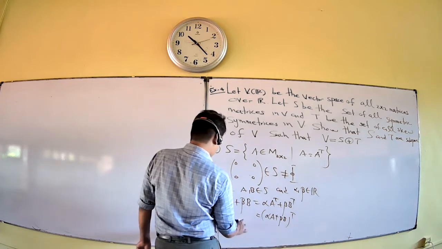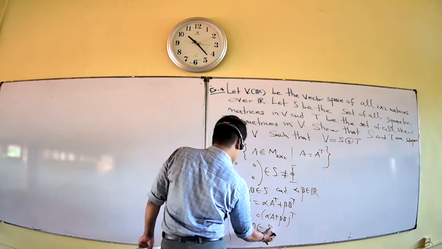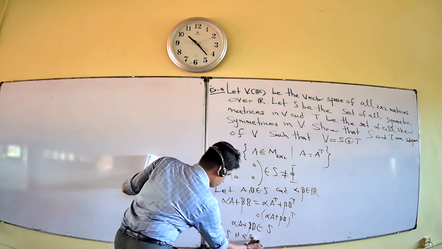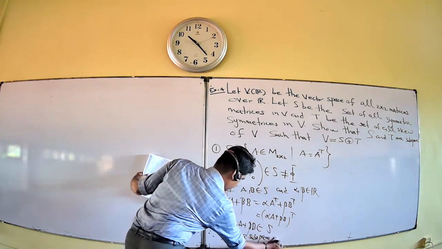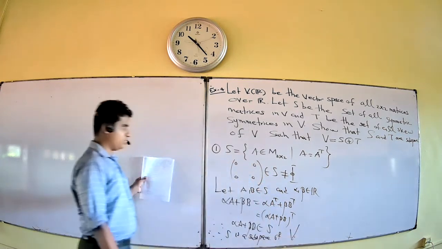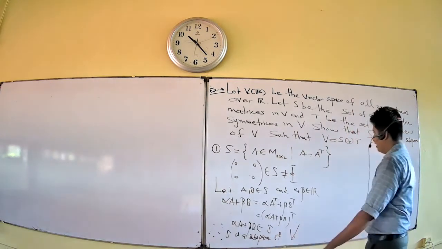Therefore, this alpha A plus beta B is one of the elements of this set S. Therefore, S is a subspace of V. Okay, S is a subspace of V. Similarly, for T,